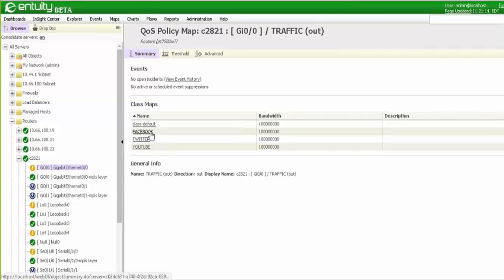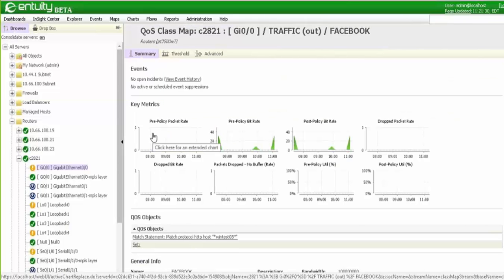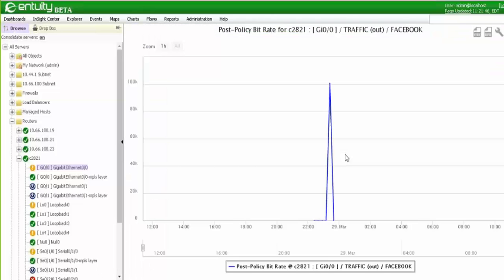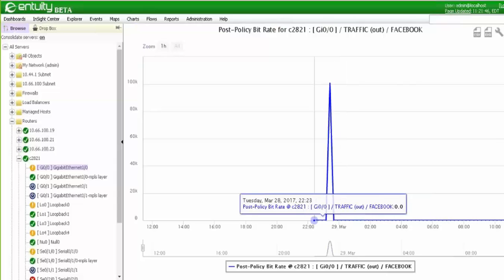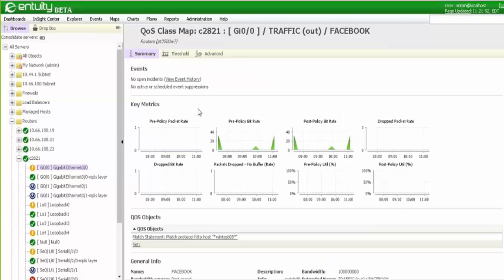I'll pick the Facebook feed for the class of service, and this will drill down and provide me with information in a graphical format. So the pre-policy bit rate, the post-policy bit rate, utilization, and so forth, and then I can drill down here and actually bring up the charts. I'll go back,